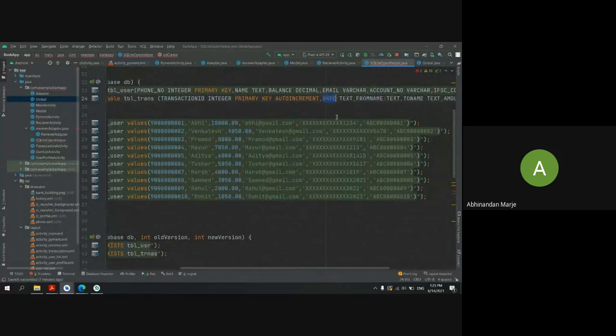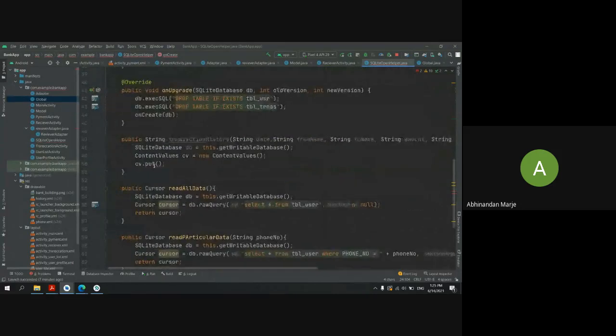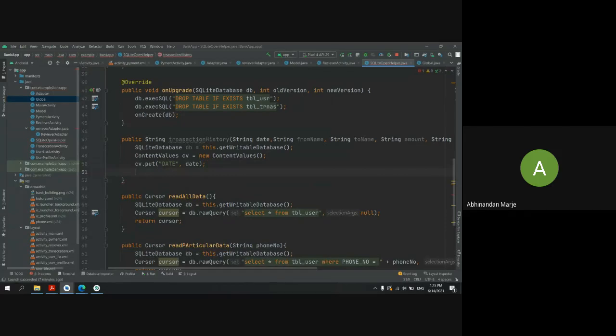Then the next thing I have to pass is the value for the date. So first I will mention a key here, and the next thing I have to pass is some data, which I'm getting from our class. The next thing, this time the from name.